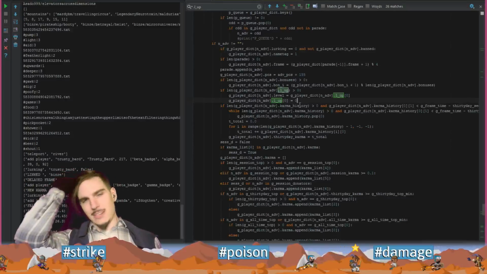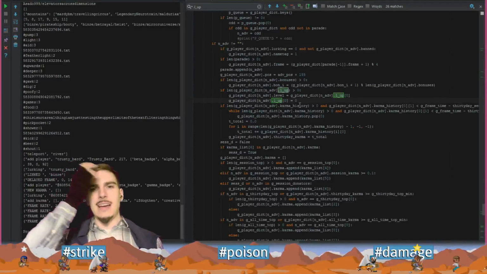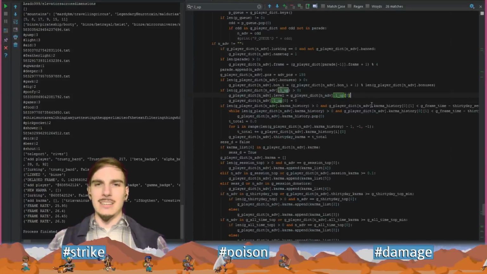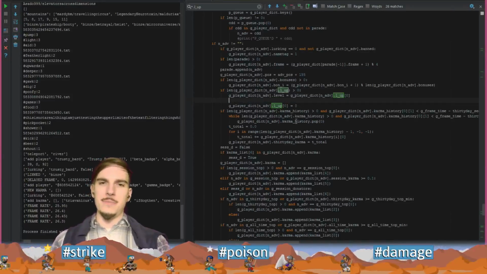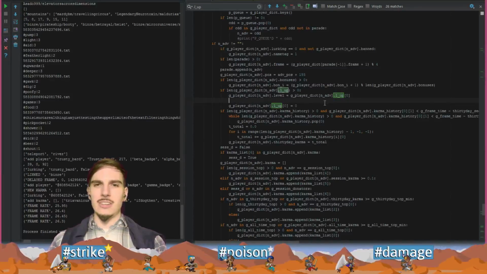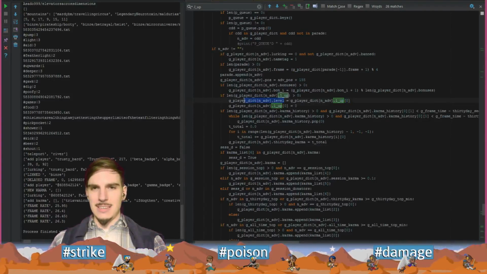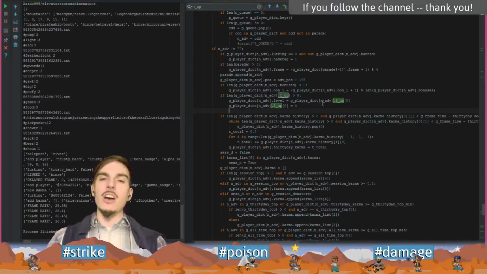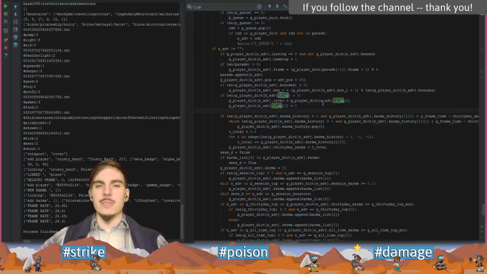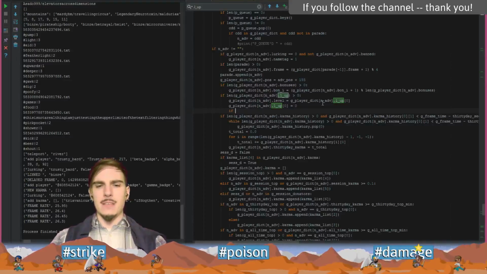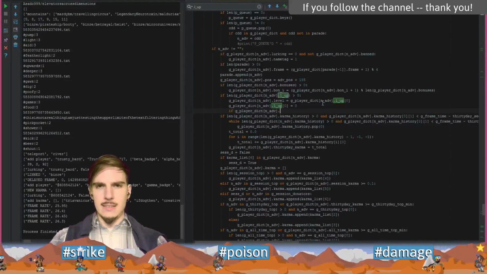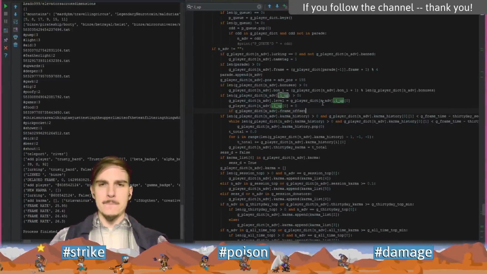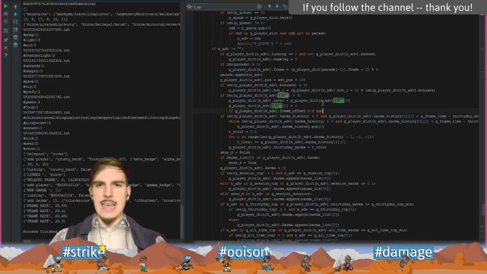So if L up is greater than 0, then we do that stuff, but before we clear it, this is a fine enough place to do it. We say if gplayer dictionary adventure frame offset is greater than 0 and